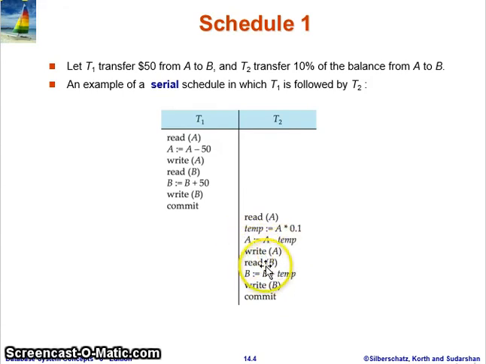Then again read B. What is the value of B? B means current value plus temp. What is the value of temp? Temp is 10. So current value plus temp. Suppose value of B is 200 rupees. So 200 plus 10 is 210. So the new value of B we will write into B is 210 and commit means that this is the